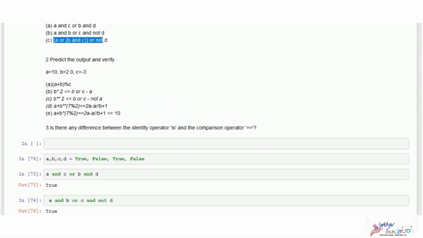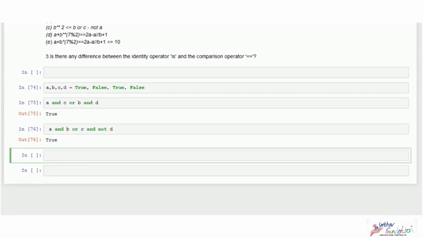And the third case. Here we have brackets, so first brackets are executed, so B and C, that is false and true. So this is false, right? So this bracket has finished executing. So now we have another bracket,